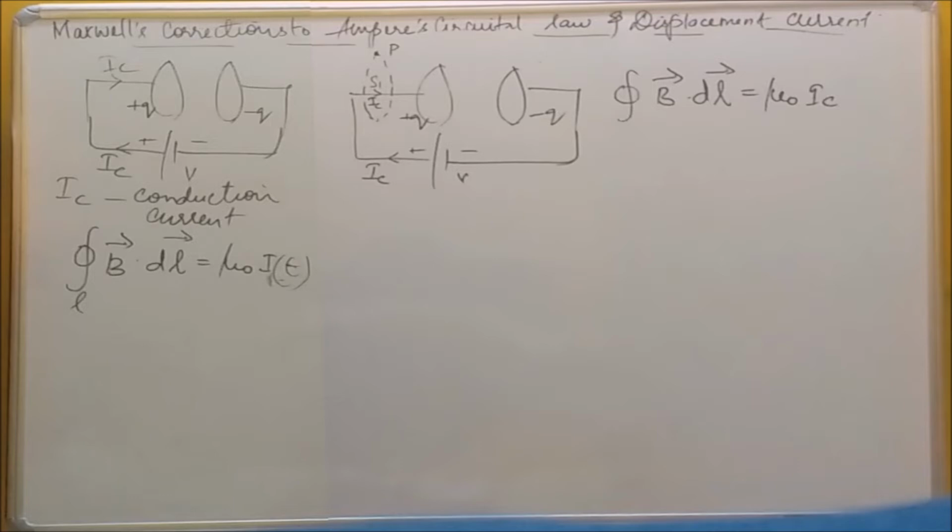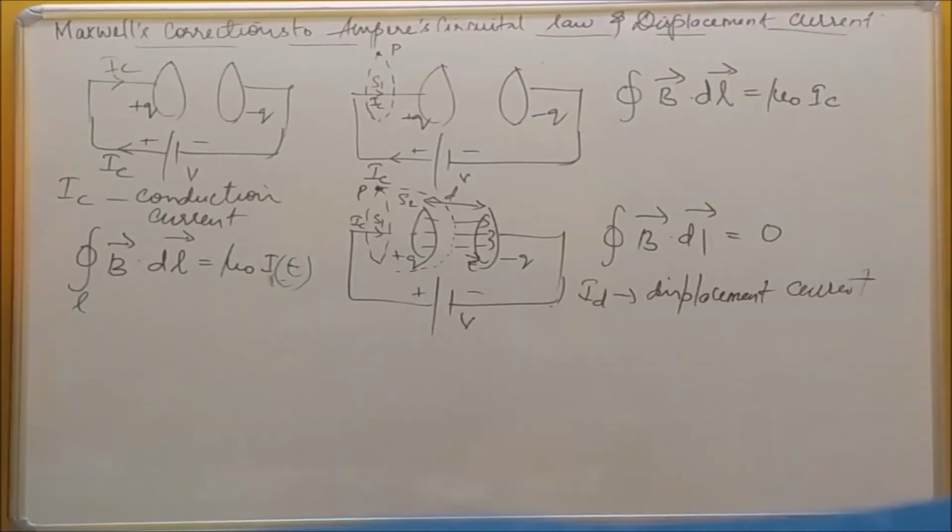Suppose for the same loop I take one more surface, a different shape of surface. What becomes the magnetic field then? With the same loop of surface S1, I am going to draw one more surface. It is of different shape, a balloon shape. I consider that surface as S2. The same point P here. Now what is the magnetic field at point P?